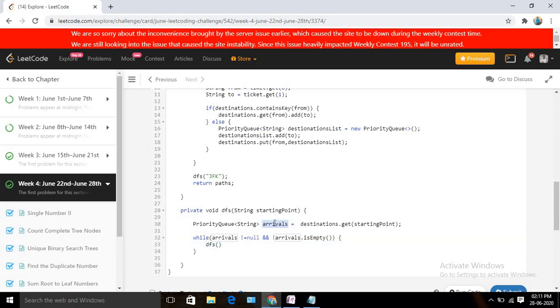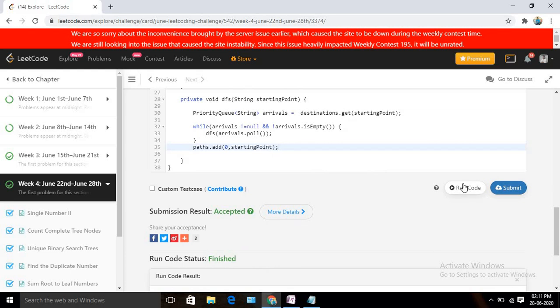What does poll do? It returns the first value and deletes it from the list. Whenever I am done with that, I am going to add it to my path, the final list. I should always add it at the first location. What should I add? I am going to add this starting point.